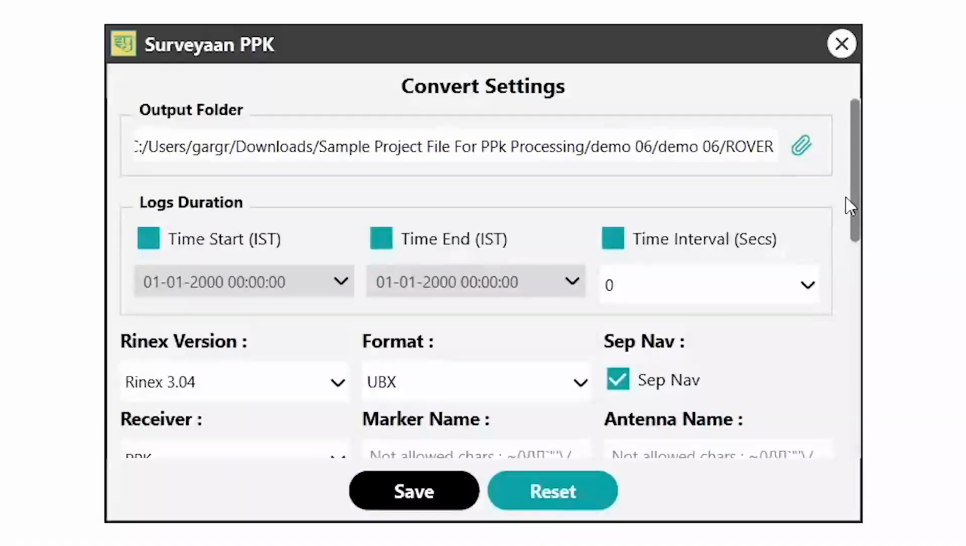Set logs, duration. Next, configure the log's duration settings. You will see three options: time start, Indian Standard Time, the starting time of the log; time end, Indian Standard Time, the ending time of the log; and time interval, seconds, the data sampling interval. If you want the entire dataset to be processed, leave the default values or adjust based on your required time